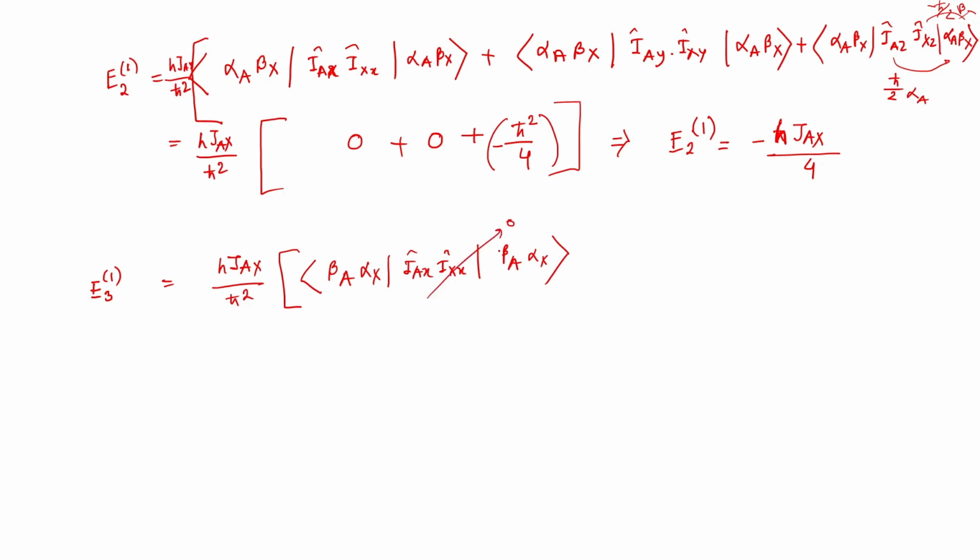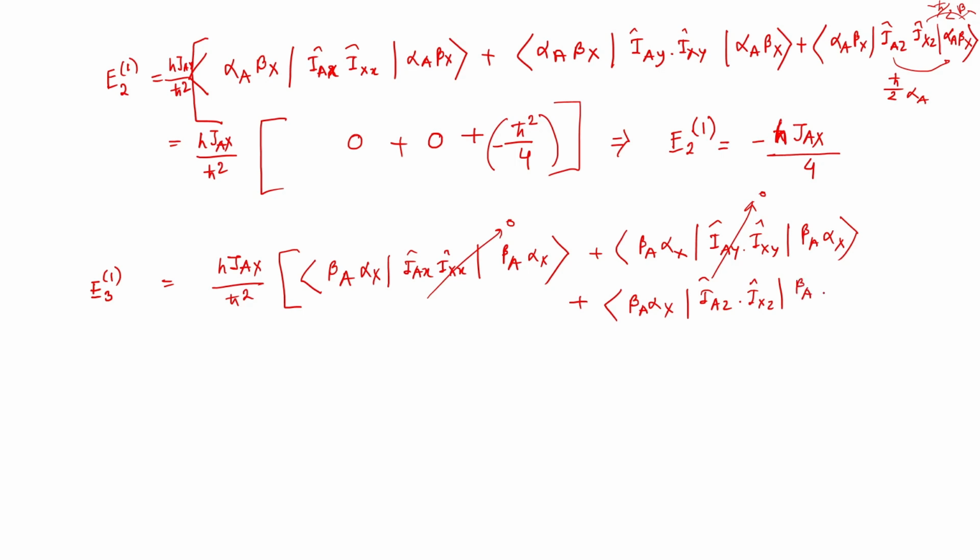Similarly, beta a alpha x, I a y, I x y, and beta a alpha x is there. Here also for Iy operating on beta a, I am going to get 0. Only the z term will remain, which is beta a alpha x, I a z, I x z,